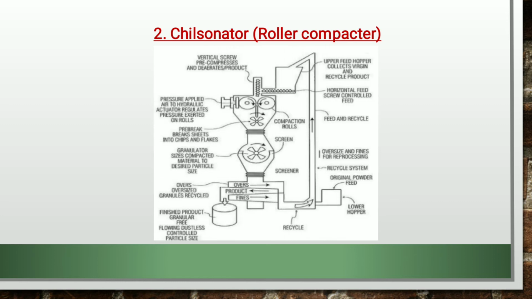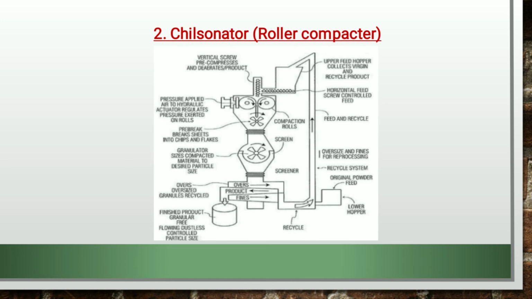As you can see, the Chilsonator machine can be used for dry granulation. Formulation of dry granules requires dry powder densification and agglomeration. Here it consists of a feeding system, then a size reducing unit, as well as a fixed roller compactor or sometimes a variable gap roller compactor. In roller compaction, material particles are consolidated and densified by passing the material between two high